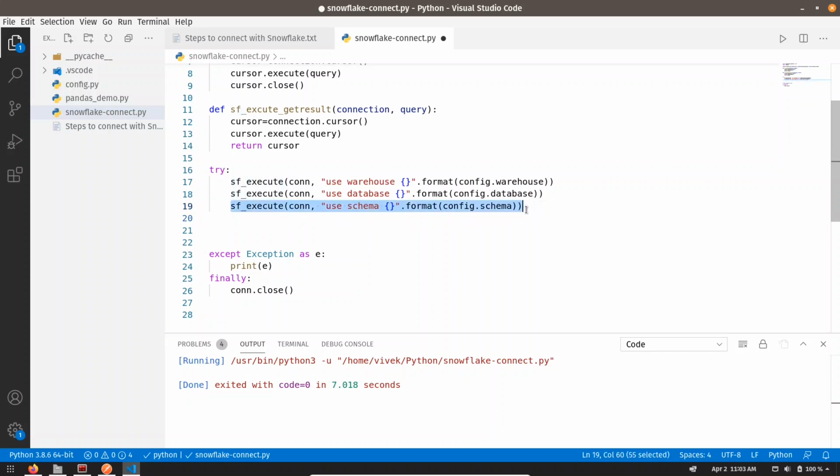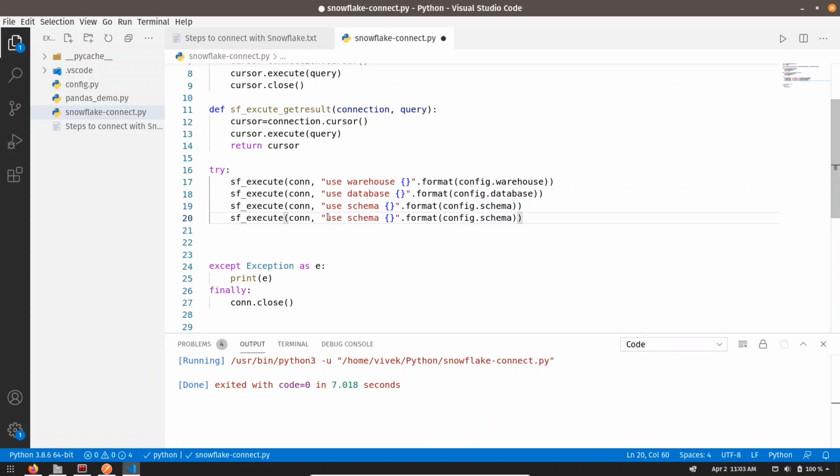So let me copy it, paste it, and I'm going to change the query. I'm going to create a percent table which has only one column, that is name. Let me run it. You can see it is giving exit status as 0.